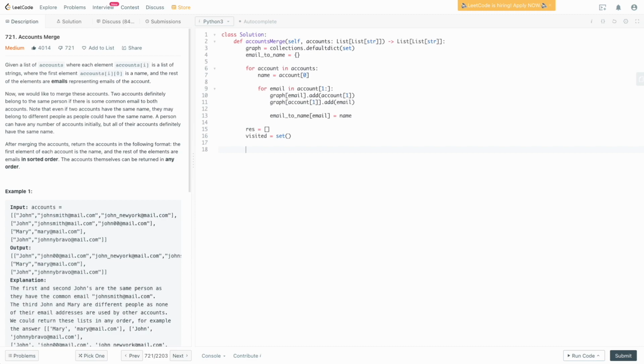Now we need to go through our graph. So we're going to say for email in graph. So this email obviously represents a node in the graph, and then we're going to try to go to all of its connections in a depth-first search manner in order to basically just find all the connections for that given email. And then we're going to add things to the set as we go along. So we're going to say if this current email hasn't been visited before, then we need to do some work here. So we're going to say if email not in visited,